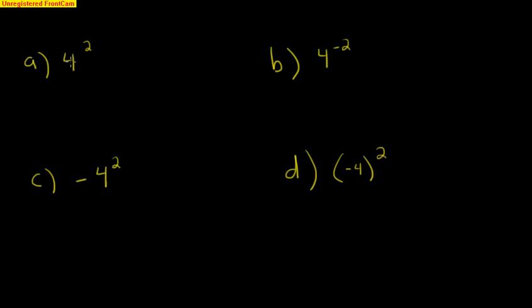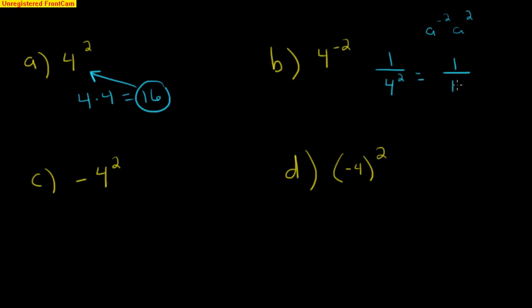We've covered this before. 4 squared simply means 4 times 4. The answer is 16. 4 squared is 16. 4 to the negative 2nd, we cannot do anything with negative exponents. We have to make them positive if we're trying to apply them to a number. Now if we had a to the negative 2nd, there are some things we can do with it, canceling it out with, for example, times a squared. Then we can do something with it. But in this case, we've got a number here. We need to make this exponent positive. And the way that we do that is we move it to the denominator. So that's our first step. Once it's positive,